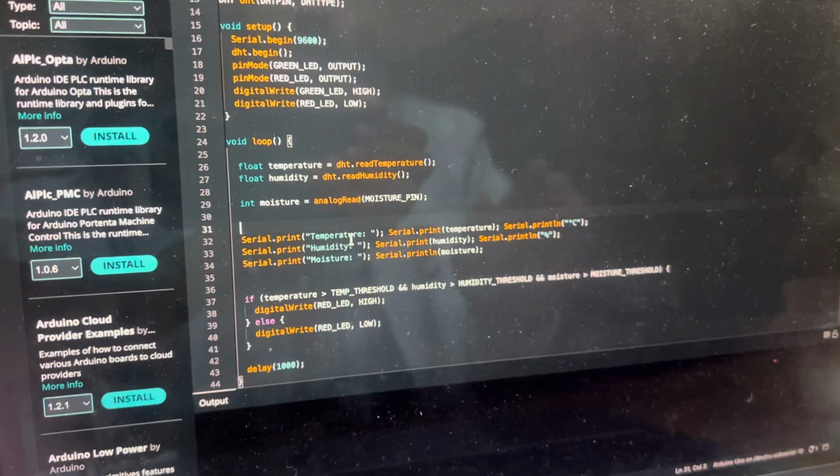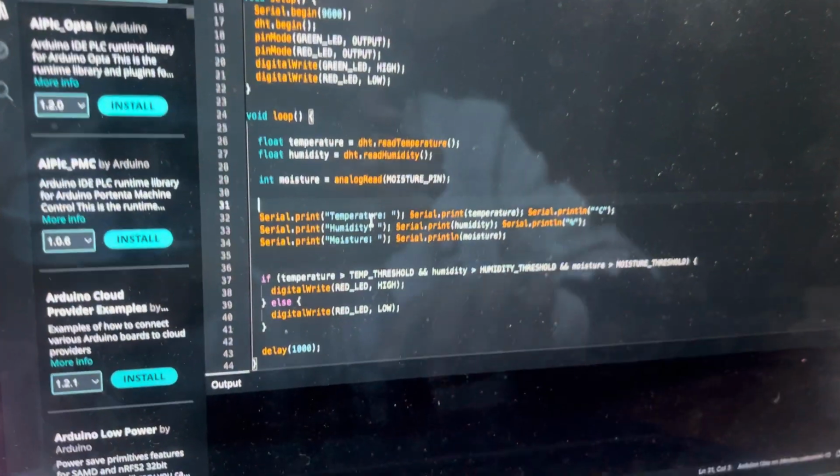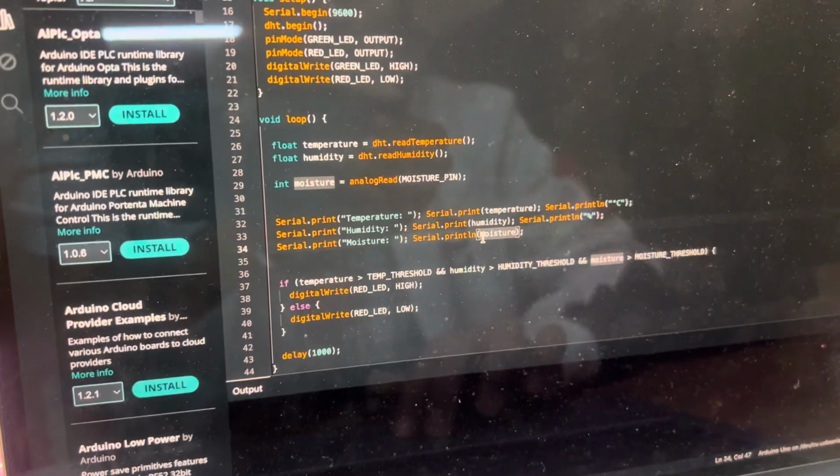I set the moisture to be the analogRead, meaning on the analog side, as it's clear. So here was the Serial.print of temperature, humidity, moisture. These will be printed the same as described here, okay, in the output. So now coming next,